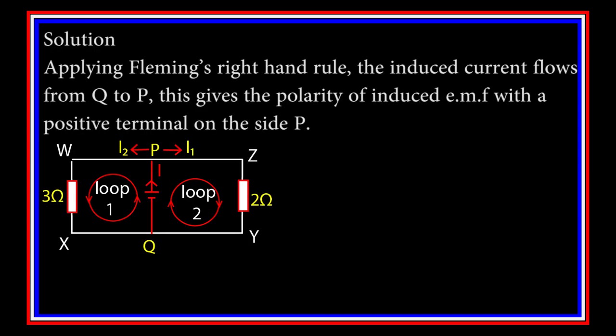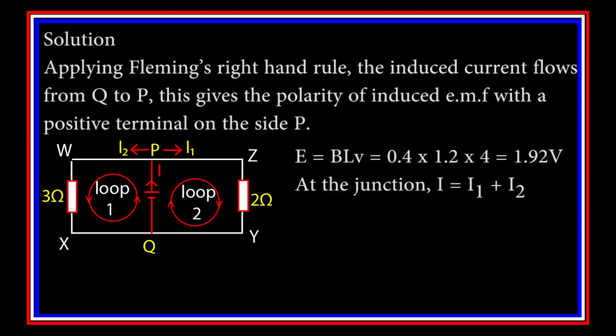Applying Fleming's right-hand rule, the induced current flows from Q to P. This gives the polarity of induced e.m.f. with a positive terminal on side P. The induced e.m.f is equal to BLV is equal to 0.4 times 1.2 times 4, which is equal to 1.92